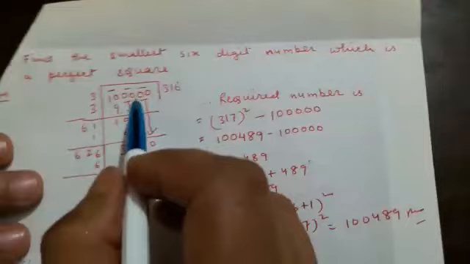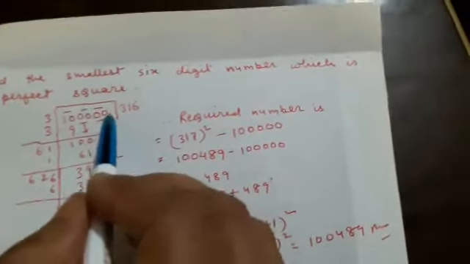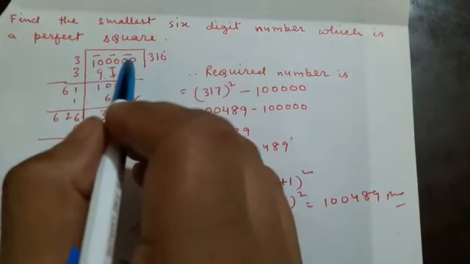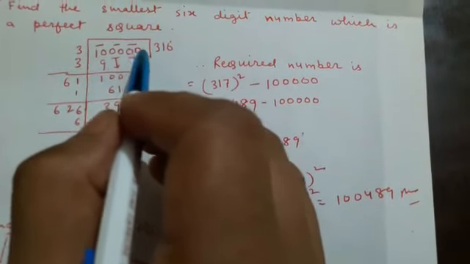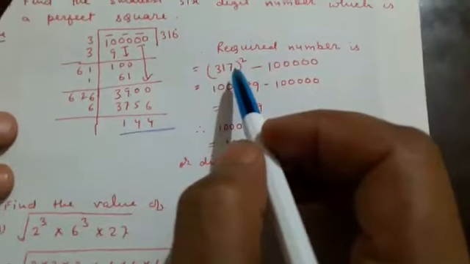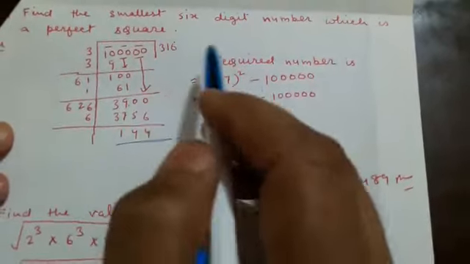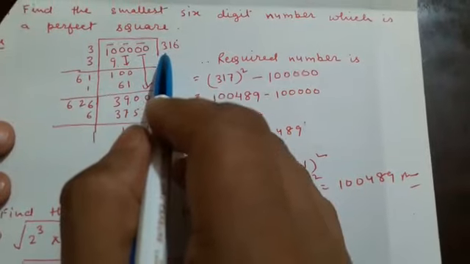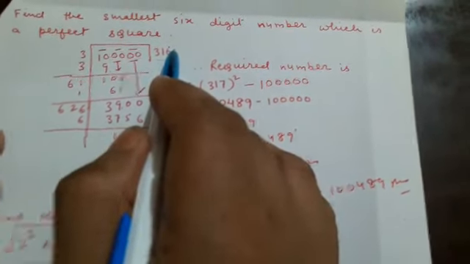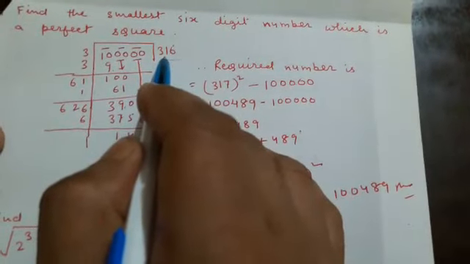Here students, see, if you subtract 1, then this number will become a 5-digit number. So here we are not going to subtract. Here we will add to this number. So let us see which number we will add. For addition, I told you what we have to do here. In 316 it is coming now, so we will add 1 over here. So it will become 317.